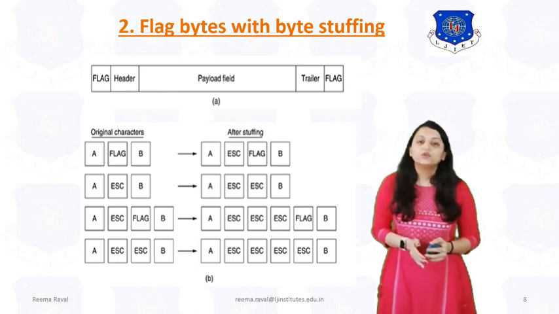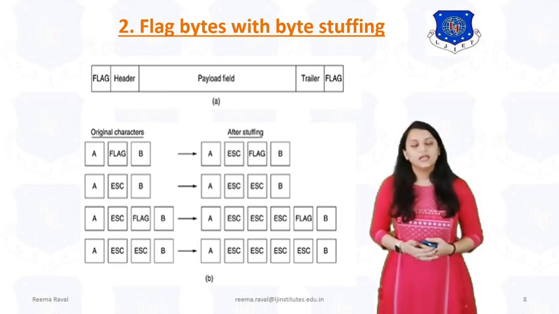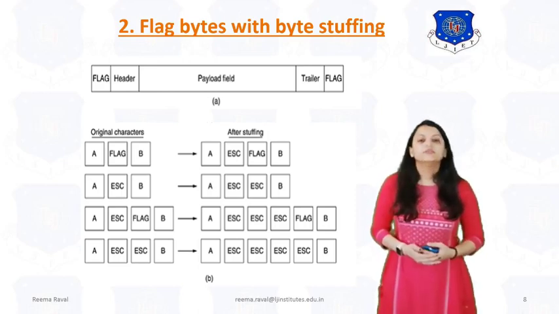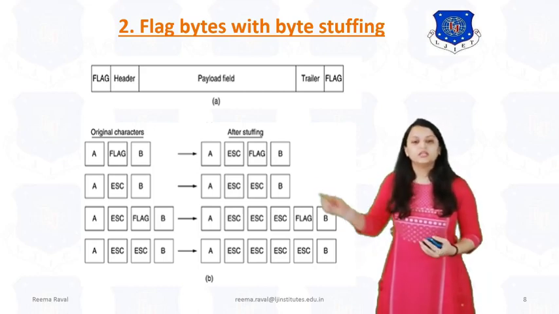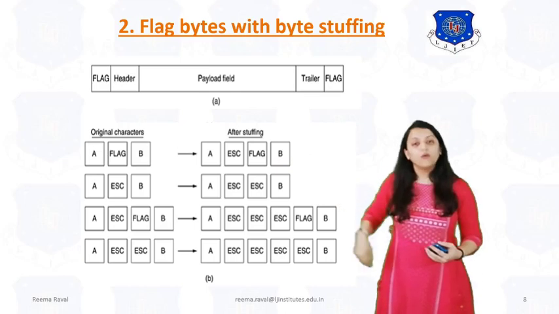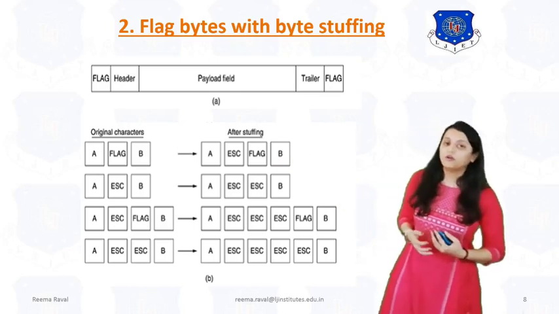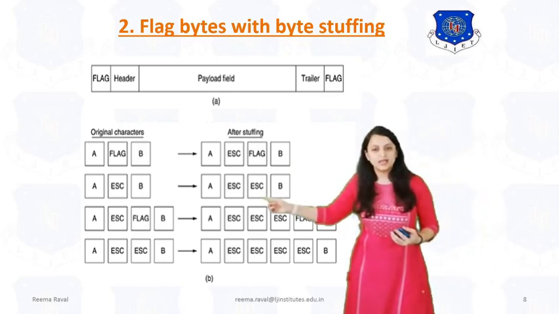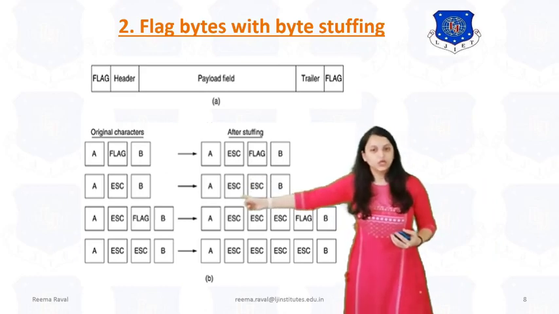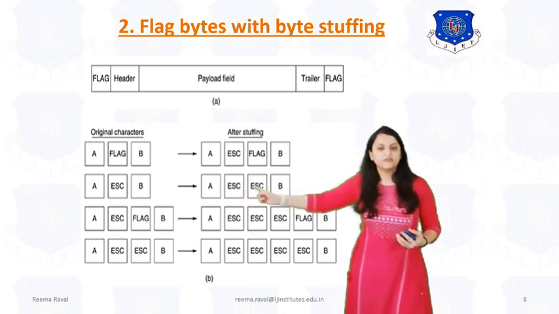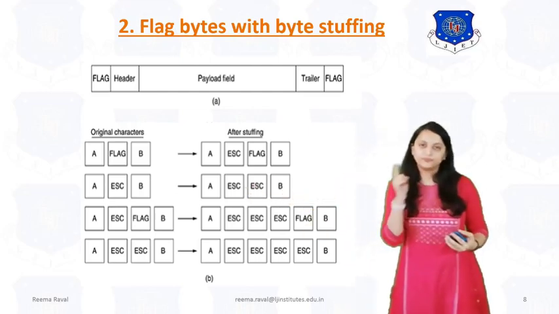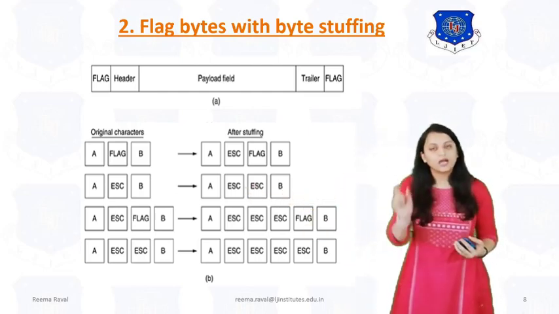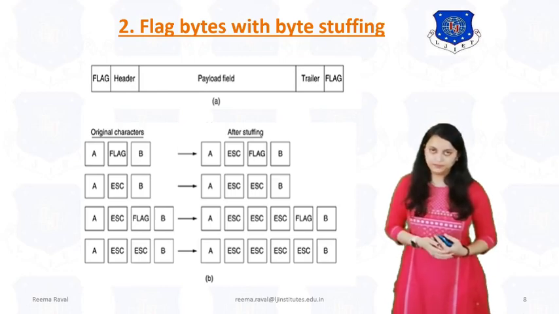So for that, to differentiate this data and flag, we need to use an accidental flag, which is called escape, in between this. Now what if this escape is in the form of data? Then before this escape, we need to use another escape to differentiate this. That means if escape is in data, we need to use two escape flags to store A, escape and B as data and to discard the one escape accidental flag.